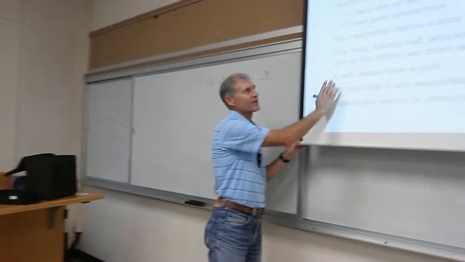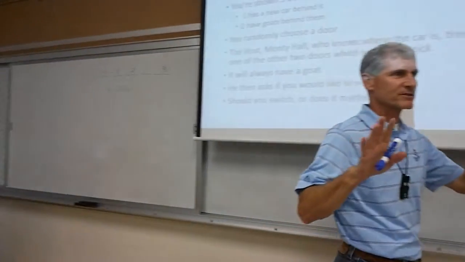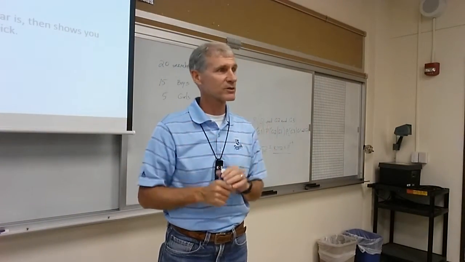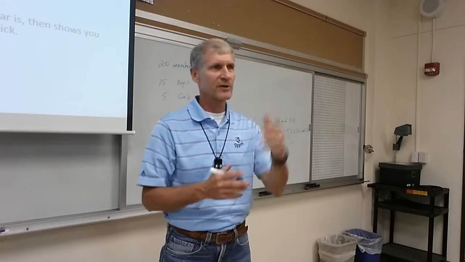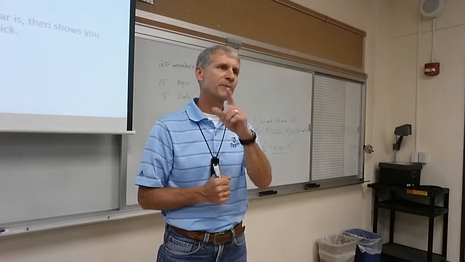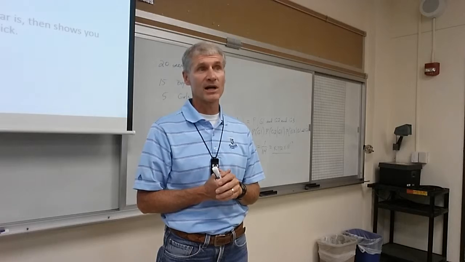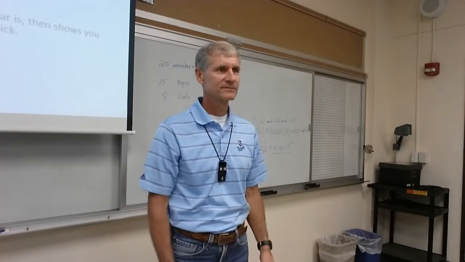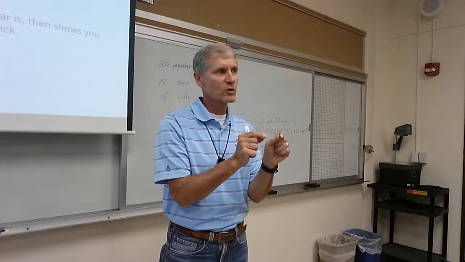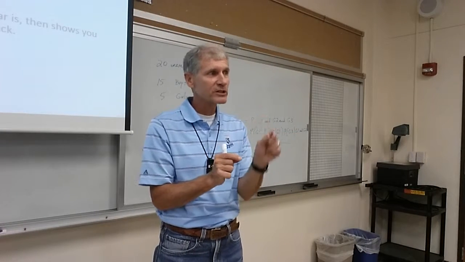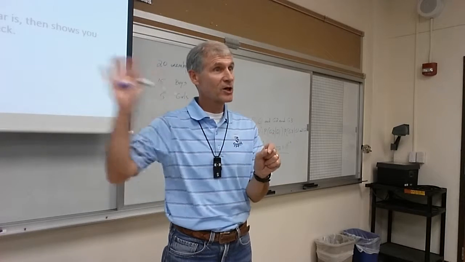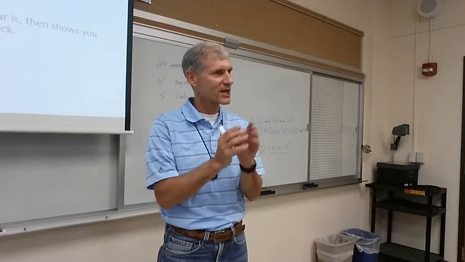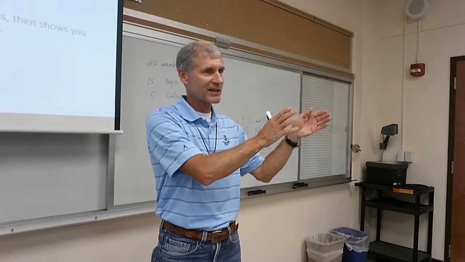But what Monty did was he showed you 3 doors, and he said, behind one of these 3 doors is a car. Behind the other 2 is a goat. Pick a door, right? So you pick a door. Say you pick 3. And he goes, oh, well, you picked 3. Let me show you what's behind door number 1. And he opens the door and there's a goat. Right? So Monty is always going to show you one of the doors you didn't pick, and he's always going to show the one with the goat. Got it? So he knows where the car is. He's not going to show you your door, and he's not going to show you the car if you didn't pick it. He's going to show you a goat.